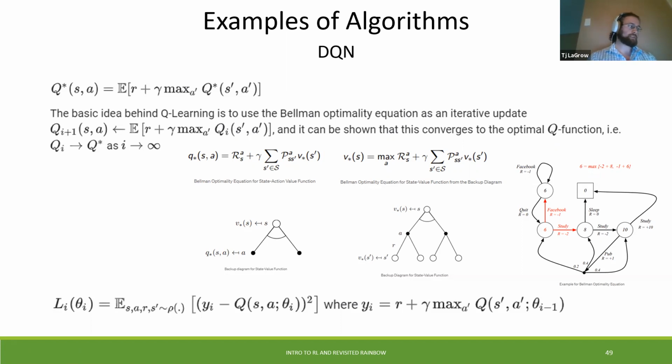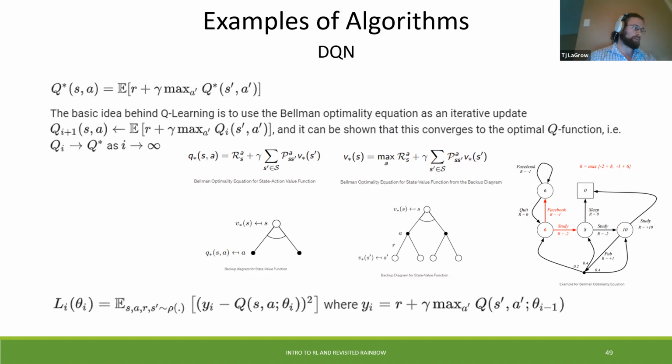In order to find the value of the state in red, we'll use the Bellman optimality equation for the state value function. Considering the two actions, we take the optimal value, which maximizes over the actions, choosing the one that gives the maximum value. From our diagram, going to Facebook yields a value of 5 for our red state, and going to study yields a value of 6. We maximize over the two, which gives 6 as the answer.